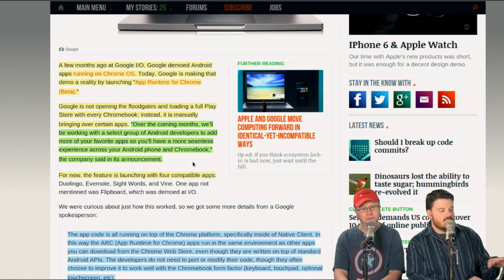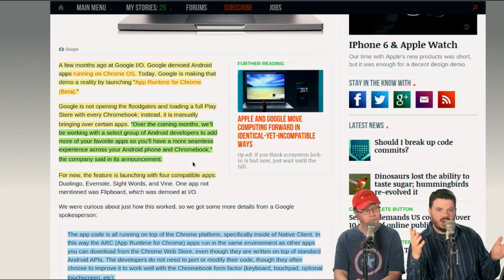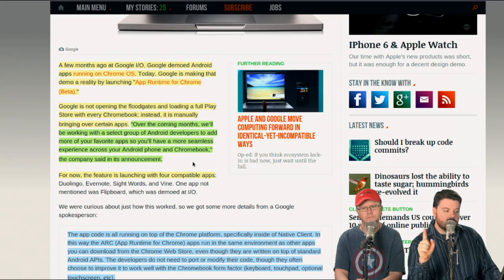So a few months ago at Google I/O, Google demoed Android apps running on Chrome OS. We had a ton of questions. We talked about it then. Google is now making that demo reality by launching, and this is what they call it, App Runtime for Chrome Beta. So App Runtime for Chrome Beta almost makes it sound like that could be a portable thing that could